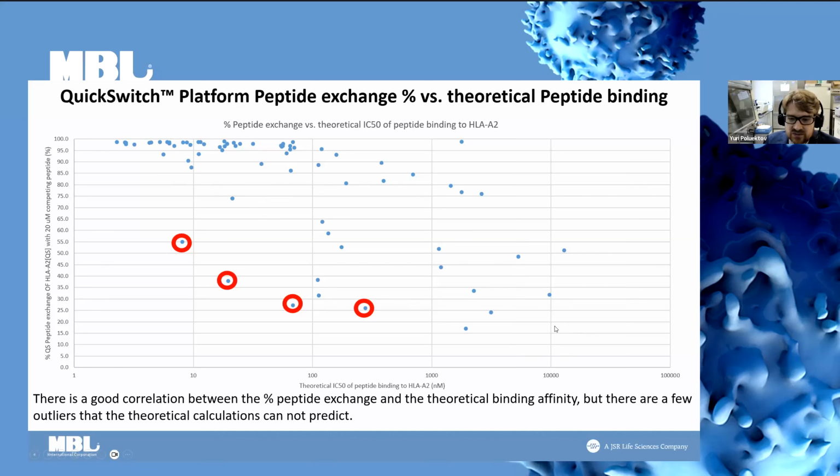While the MHC class 1 molecules generally seem to have a good correlation between their percent exchange and their theoretical binding affinity, even in a small set such as this, there are a number of outliers outlined right here. Generally,